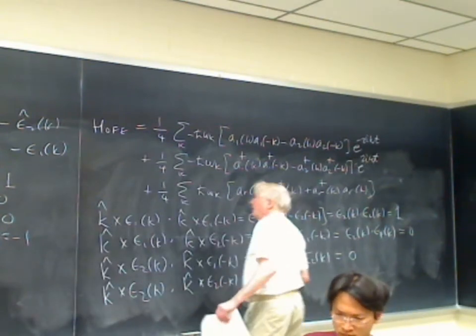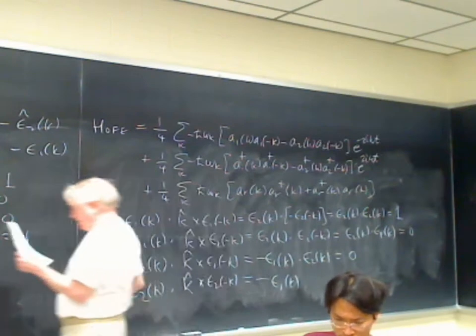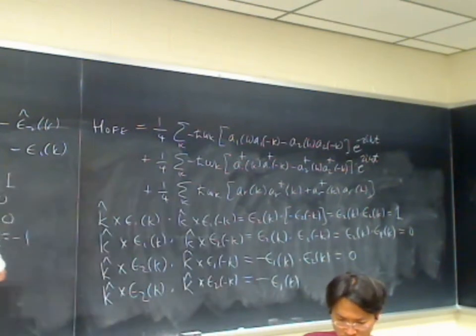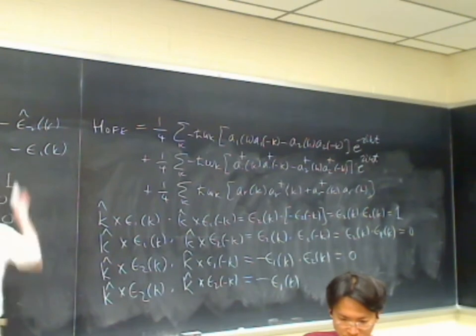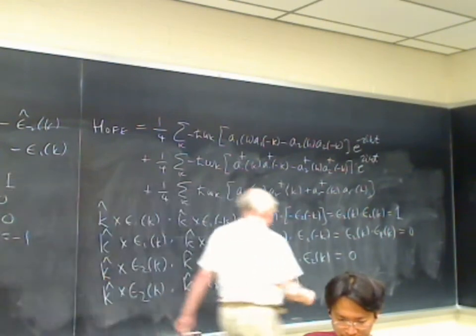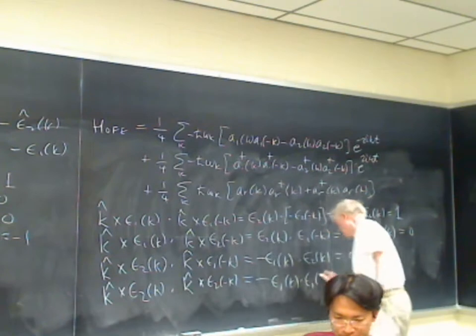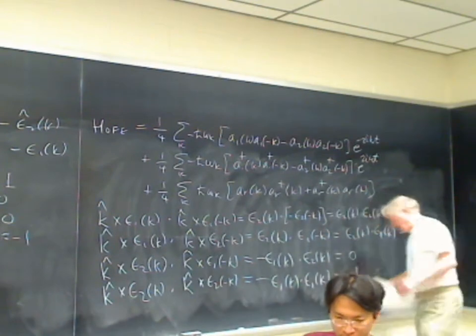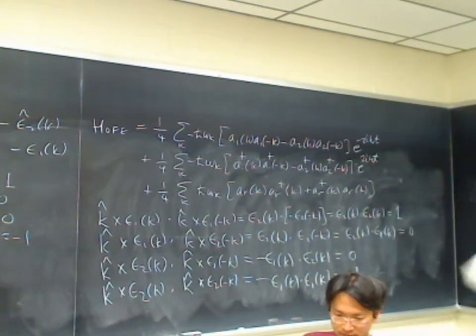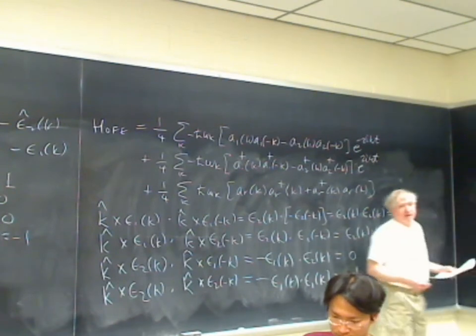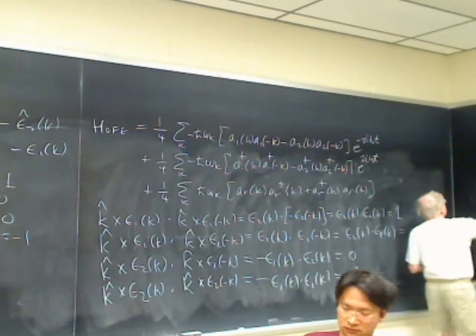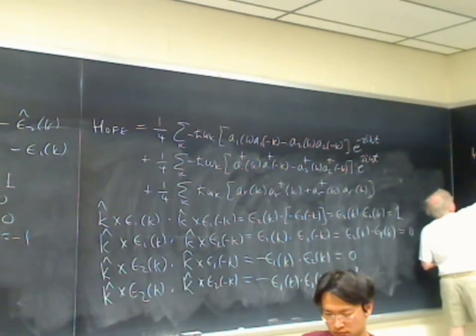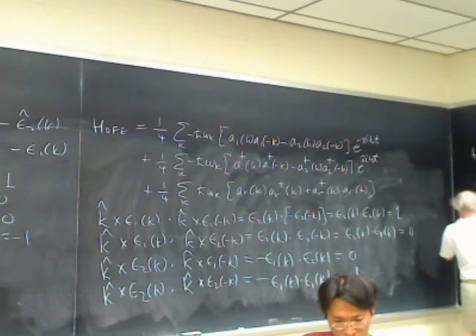Okay. And k cross epsilon 2 of minus k is epsilon 1 of k. And so this is equal to minus 1. Okay. So with these relations, we can compute what H0FB is. And it is,